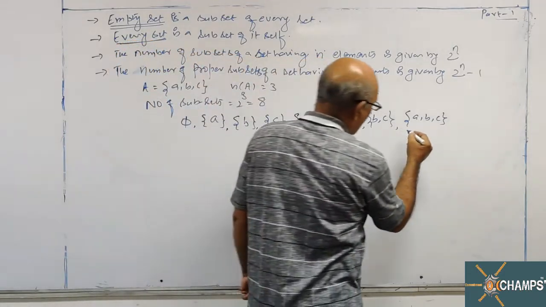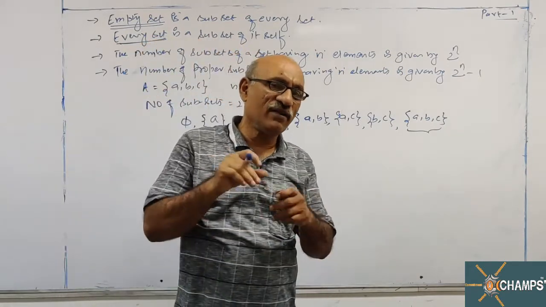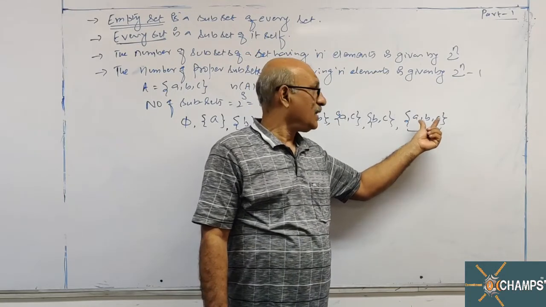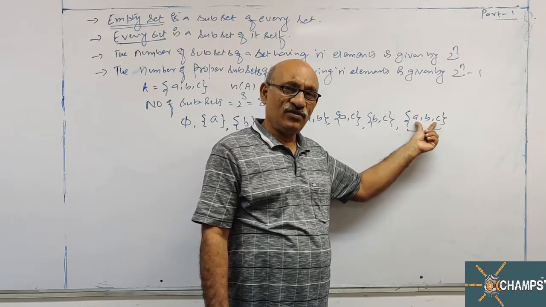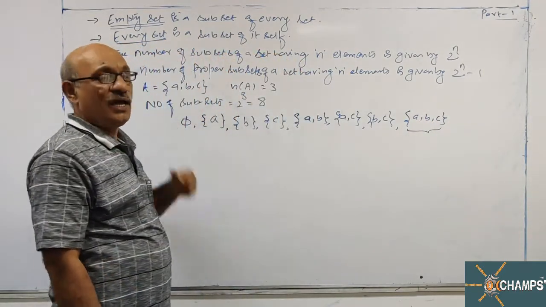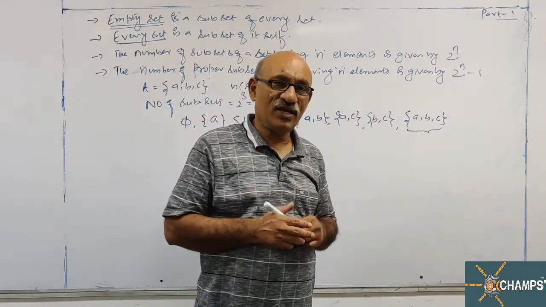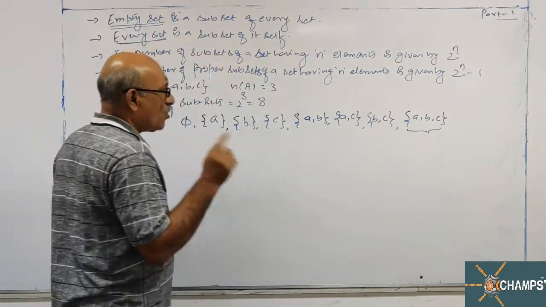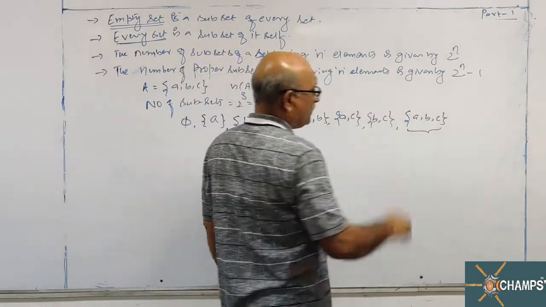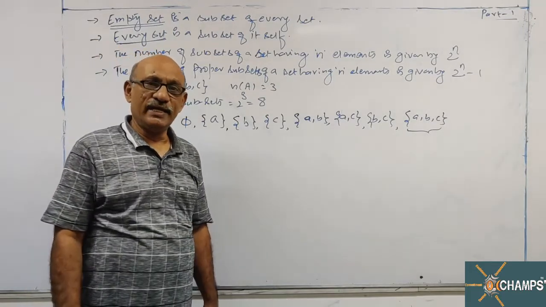Now look at this here. When all the elements are selected from the given set, how are you writing this? A, comma B, comma C. These are the 3 elements this subset is having. But the given set is also having 3 elements A, B, C. It means the given set you have written one more time here. Therefore, every set is a subset of itself. Now count the number of subsets: 1, 2, 3, 4, 5, 6, 7, 8. So the total number of subsets we have is 8.